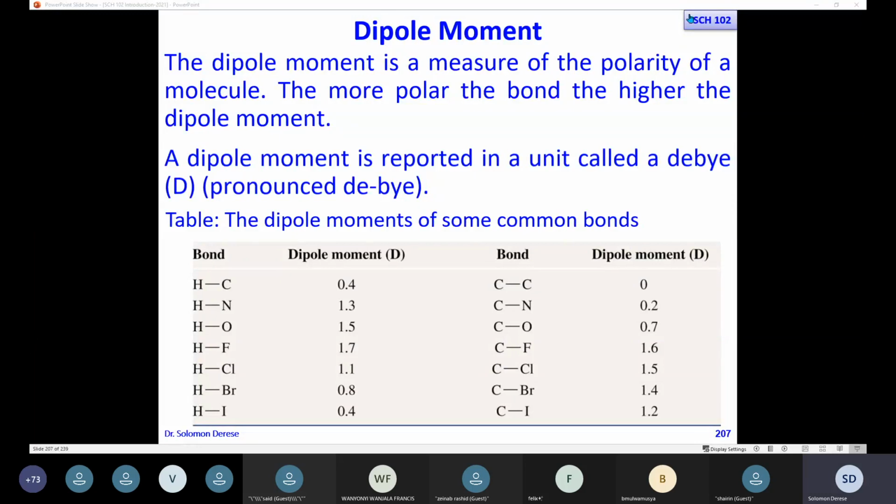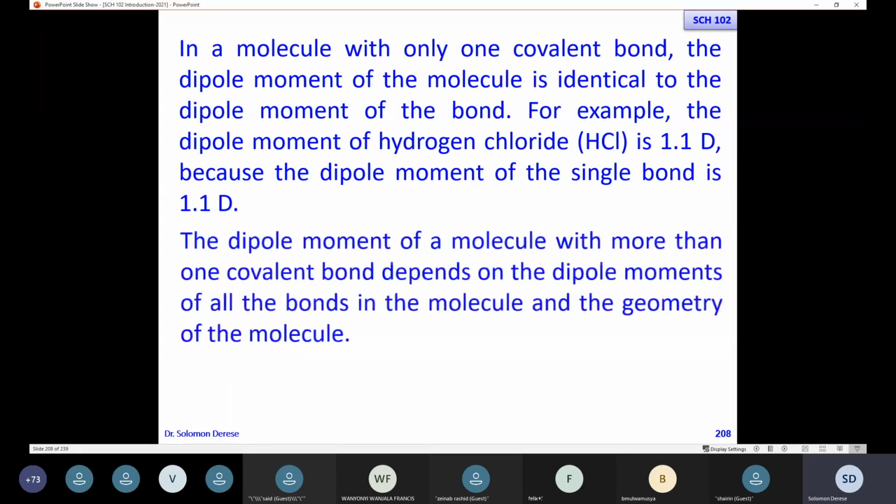So what is the most important point? What determines the polarization of a bond? I mean, of a molecule, whether a molecule is going to be polar or non-polar, or how polar it is going to